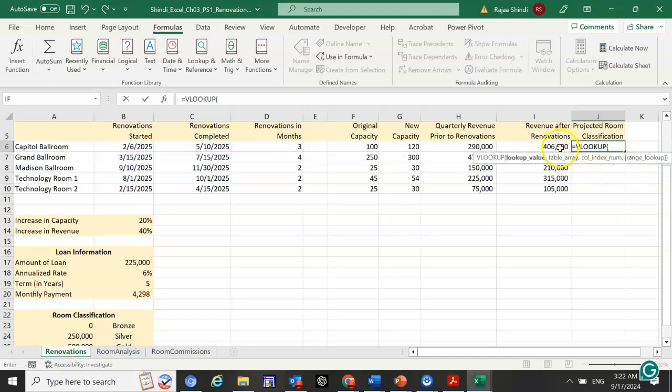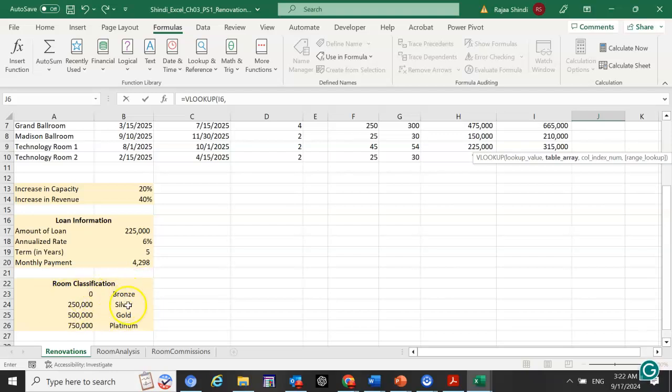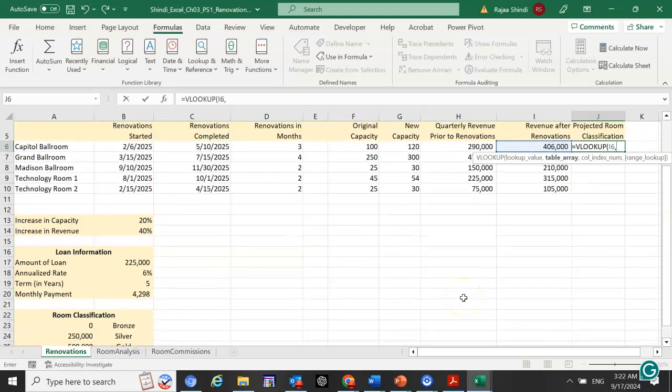so lookup based on the value here in I6, the revenue after, so what's the final revenue. So I'm going to check that in the table and return the type. Is it going to be bronze, silver, gold, platinum? Just that based on this. My range is going to be, I already created that, room